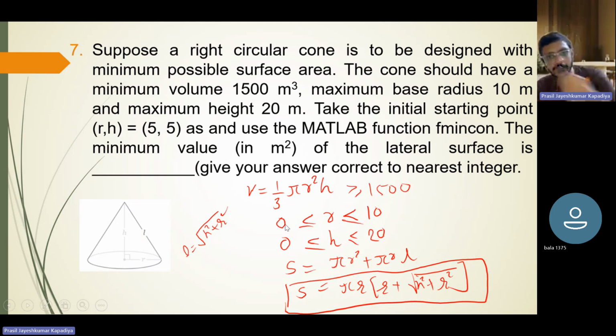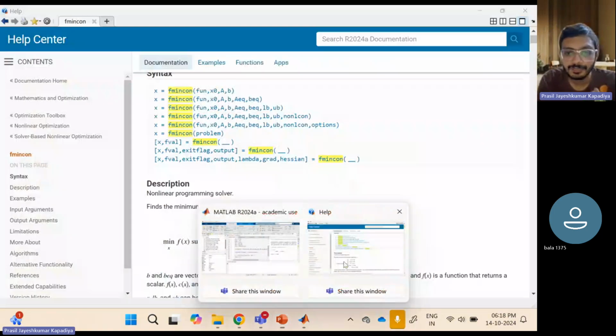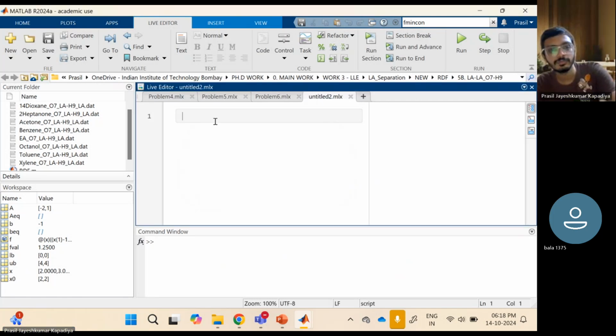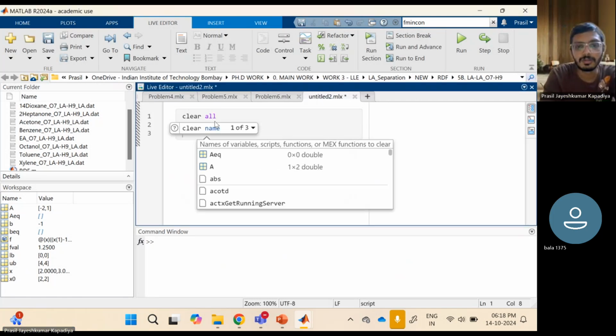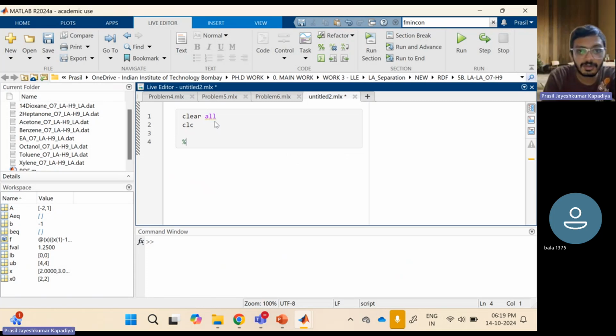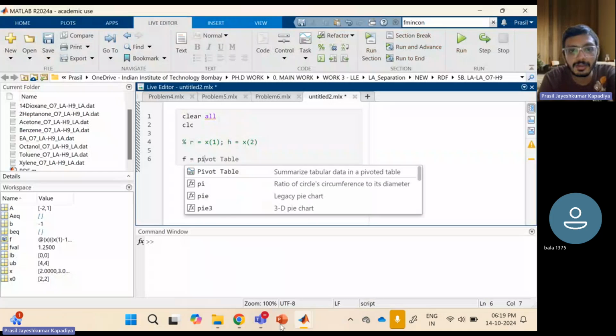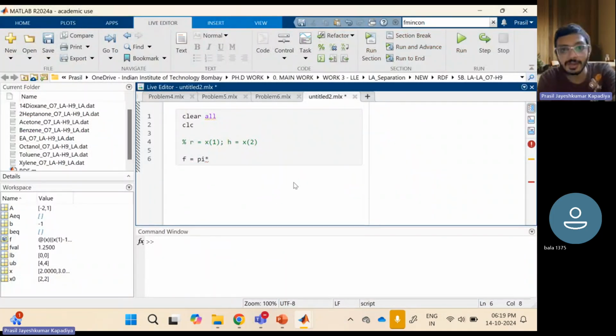Okay, so let's try to solve this problem. What is the function? Okay, let me create one new file. So let me add one comment that r is equal to x of 1 and h is equal to x of 2. Okay, so my function f is equal to, what is the value of that? Pi into r. R is my x of 1. Pi into r into, in brackets, r. So r is x of 1 plus